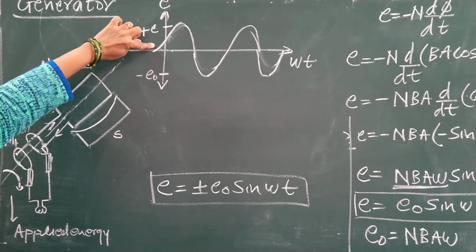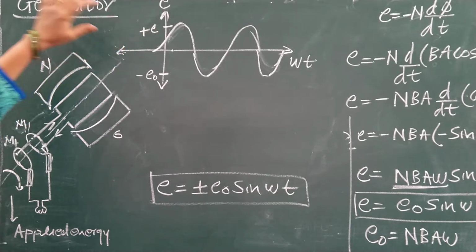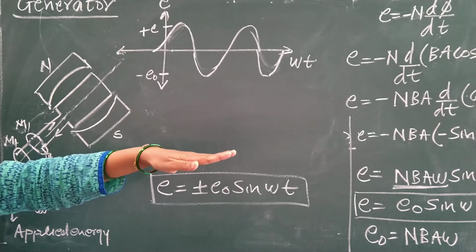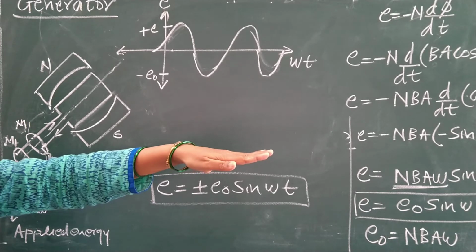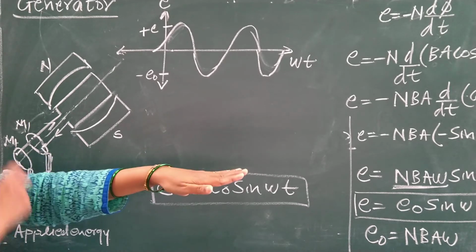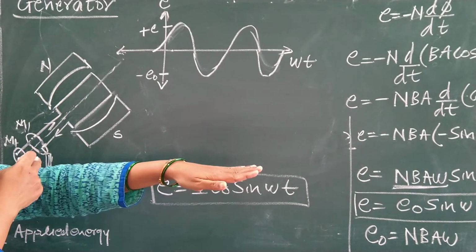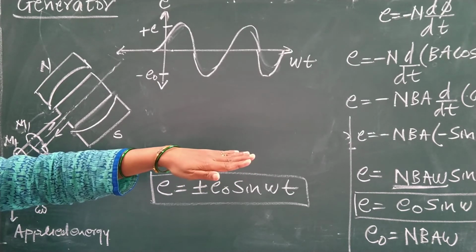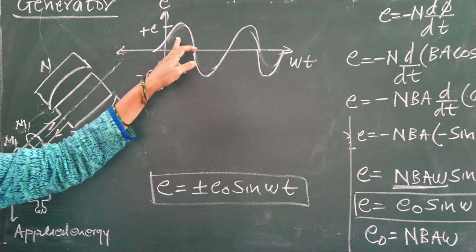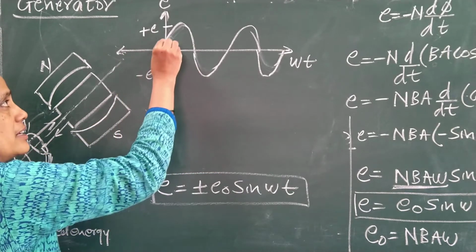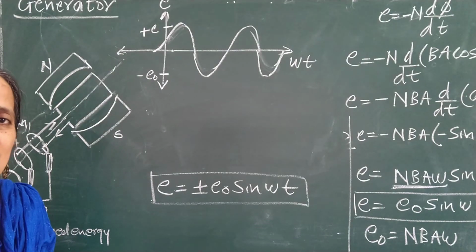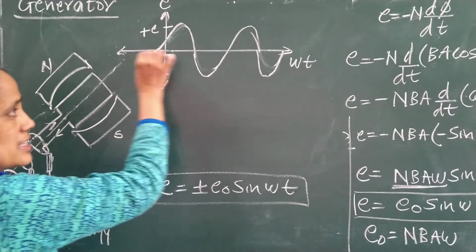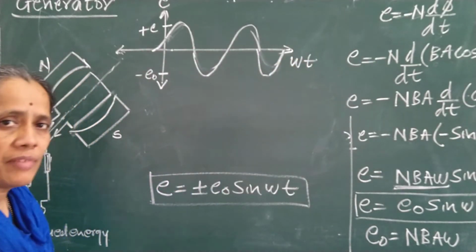Why am I getting this back EMF? I get this back EMF when I am rotating the coil. Initially the coil is at the 0 position, but when the coil starts rotating, slowly there is a change in magnetic flux. Slowly changing magnetic flux means EMF slowly starts producing. So that's why I get this negative EMF, which is called the back EMF. Clear? Then this is the AC EMF I am getting.